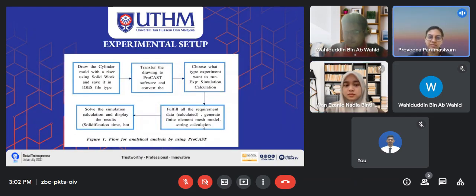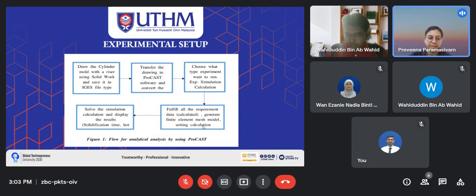So I'm K. Paramasivam. I'm going to discuss the experiment setup of our group assignment. According to the research paper, the analytical way that they have been using is a software called ProCAST. ProCAST is a go-to tool for casting basics, like filling, solidification, and prediction of porosity, pinholes, shrinkage, and most importantly, for our group assignment, prediction of hotspot